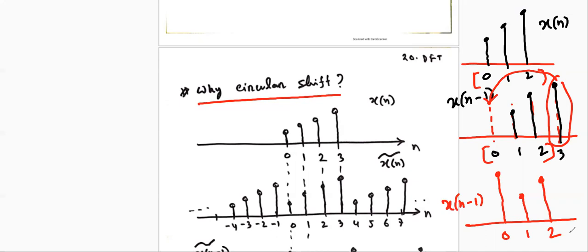Now the question is a very important question. How can we say that the frequency domain response of this x[n minus 1] of the linear shifting is equivalent to the circular shifting of x[n minus 1], where we should write it this way, x[n minus 1] with subscript 3, where the capital N is equal to 3. So by this time you know what capital N is. So the question I'm repeating again, in case of linear shifting,